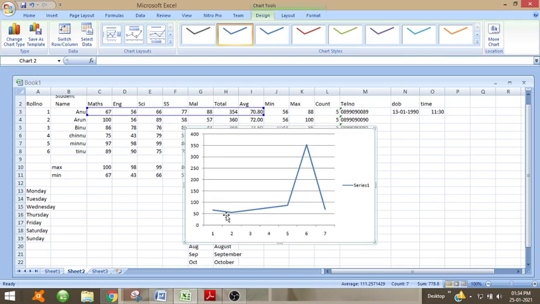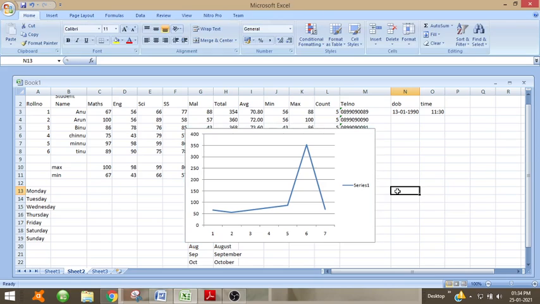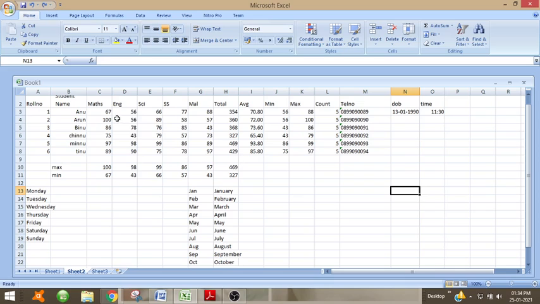So this shows the change of the marks in each subject. Since I have selected total and average, that is why this high peak is coming. If it is not there, then only a single line will be there. The peak will not be there; because the total is also selected, that is why this high peak is there.